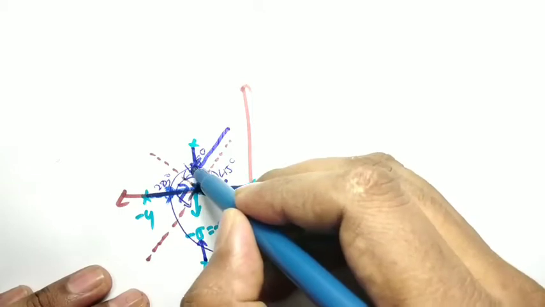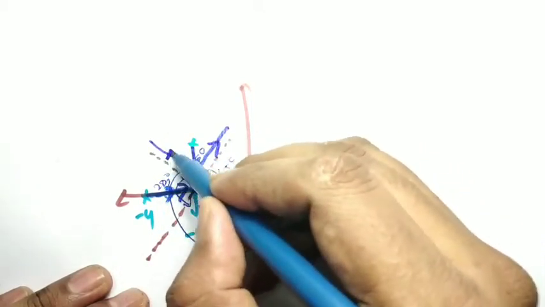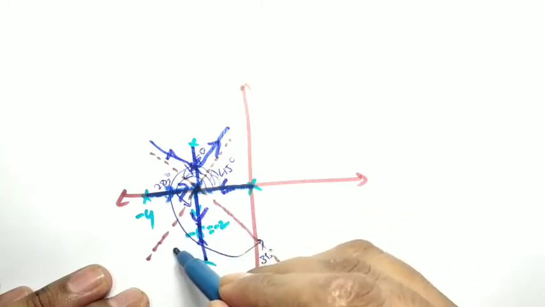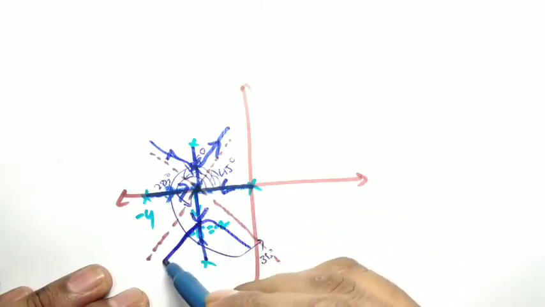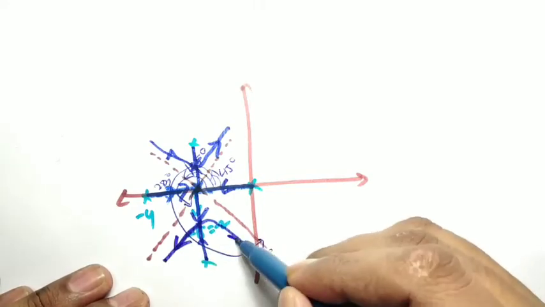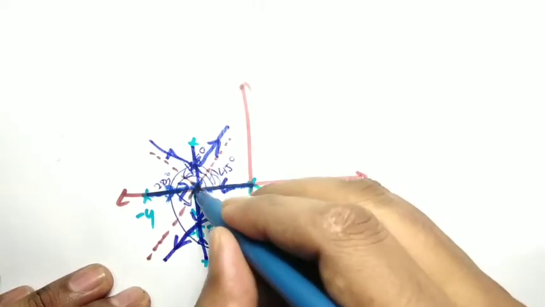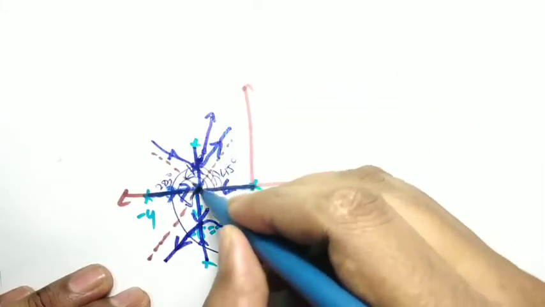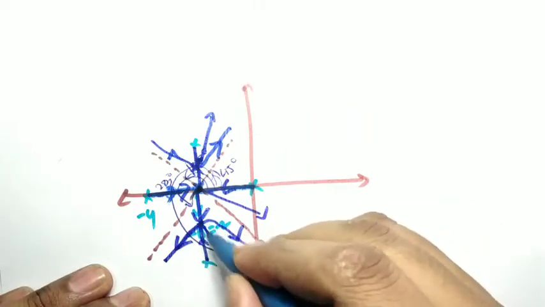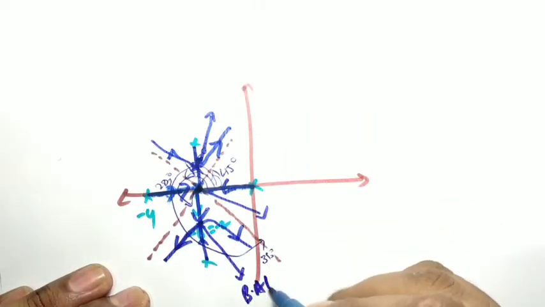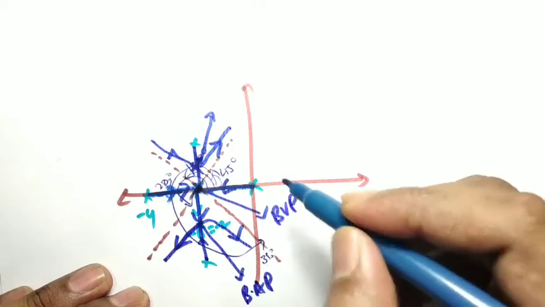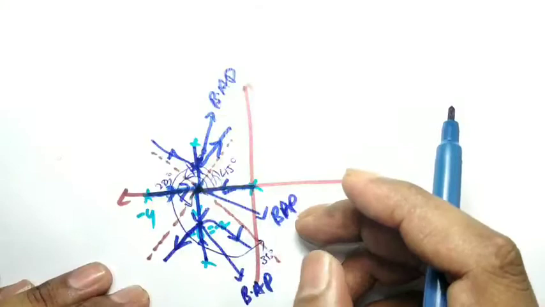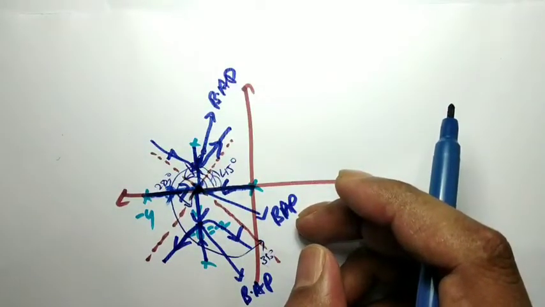One root will go in this direction, another root will go in this direction, and here also the same, right? After this breakaway, it will go like this. So how many breakaway points? Here is one breakaway point, here is one, here is one. All of these are breakaway points. We have to find the 3 breakaway points.